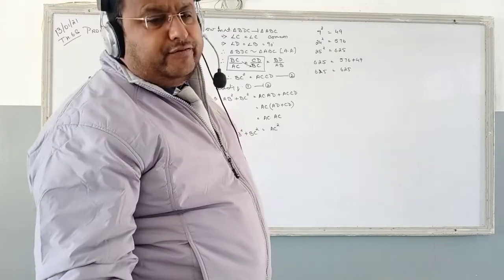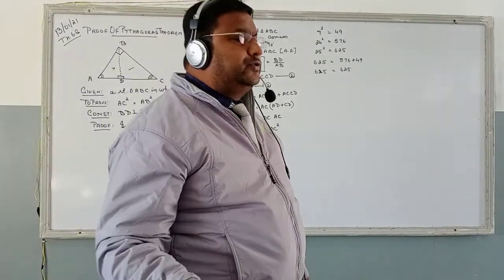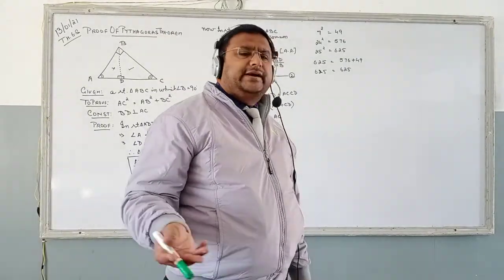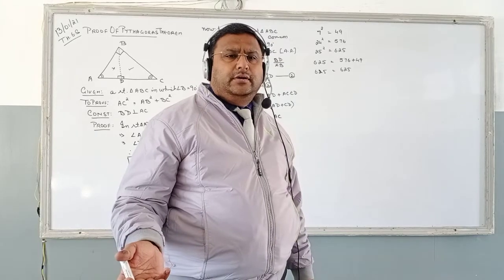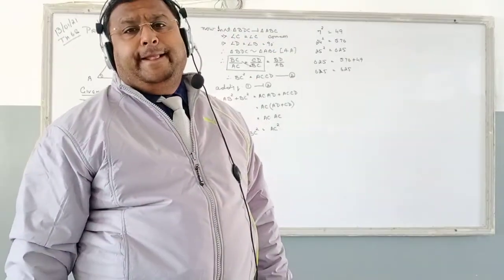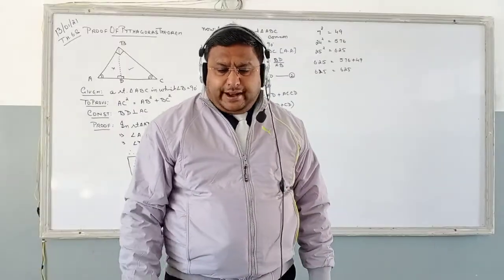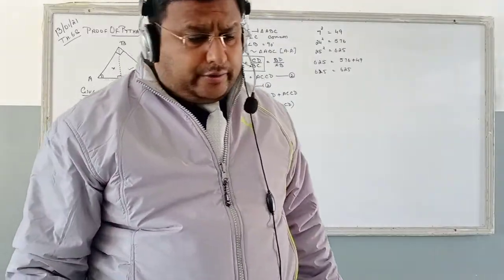We all know 5, 12, 13 is a Pythagoras triplet. 13 centimeter squared is equal to 12 square plus 5 square. It is a Pythagoras triplet, we call it. Clear? This is also a Pythagoras triplet, 7, 24, 25, because Pythagoras theorem is proved in these. Right? Now, question number